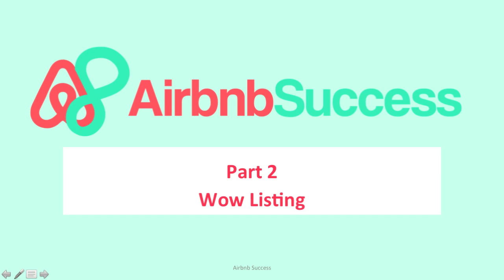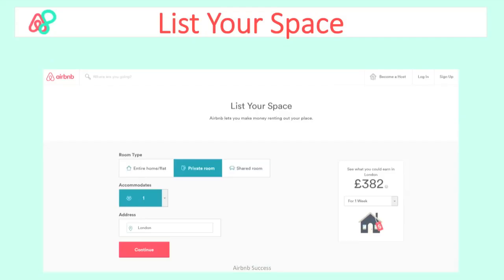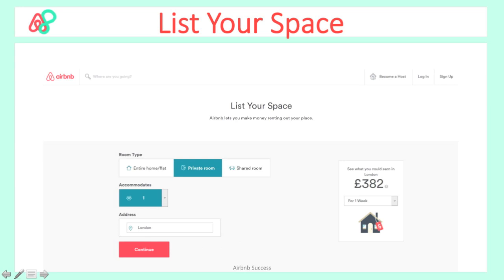Okay, first thing we're looking at: listing your space. What you do is click into the button called List Your Space, and you will see the screen in front of you now. You will have an option of choosing either a private room, entire home or flat, how many people you allow to accommodate, and your location. Then you look on the right hand side, you will see what you could earn